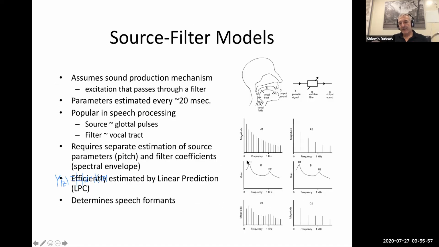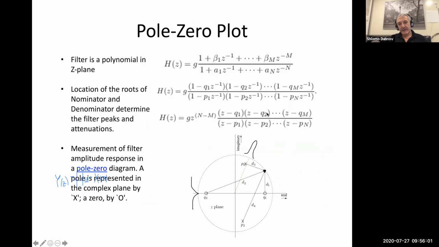We need the absolute value. This is the amplification, the gain. We don't really care about the phases at this point. So basically, if we take the absolute value, we can see that what contributes to the gain is the distance from z to the pole. Okay, so whenever the z comes closer to q,